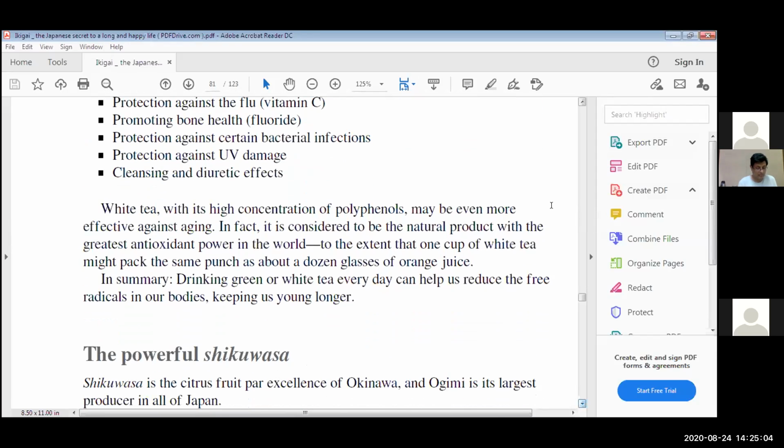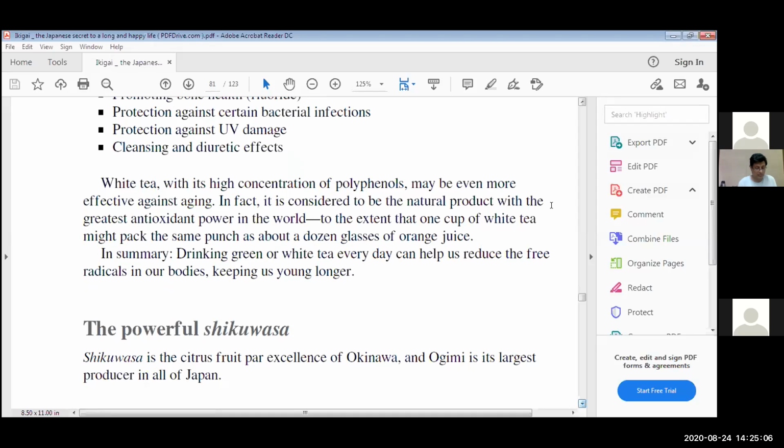White tea, with its high concentration of polyphenols, may be even more effective against aging. In fact, it is considered to be the natural product with the greatest antioxidant power in the world, to the extent that 1 cup of white tea might pack the same punch as about a dozen glasses of orange juice. In summary, drinking green or white tea every day can help us reduce the free radicals in our bodies, keeping